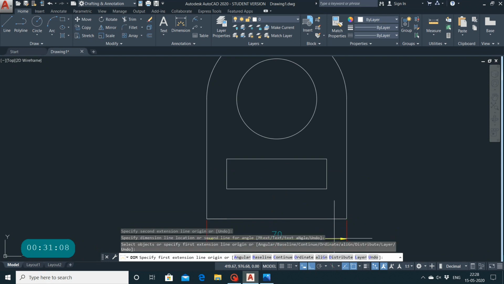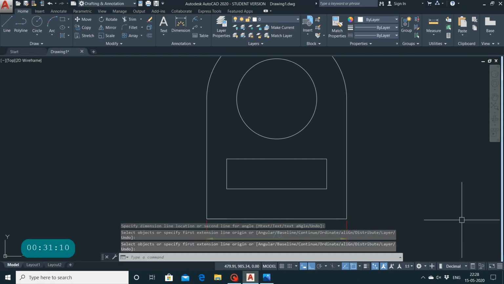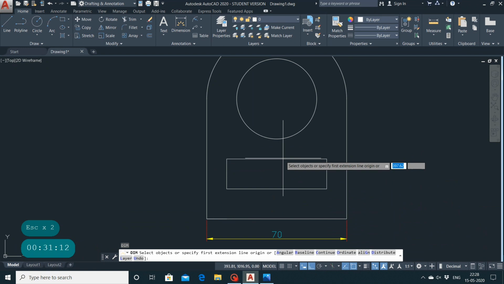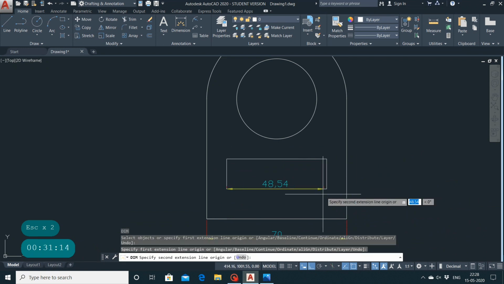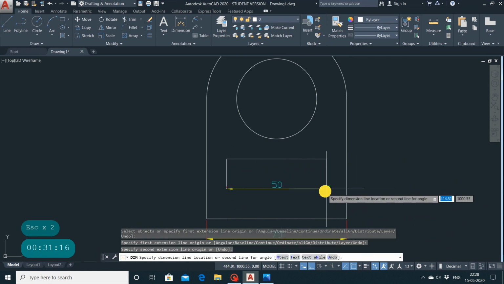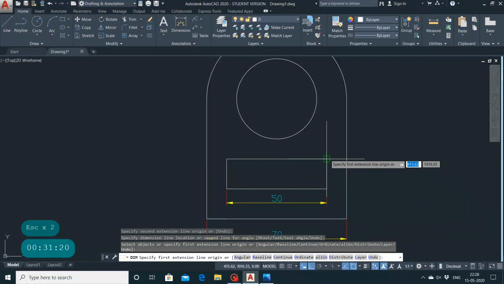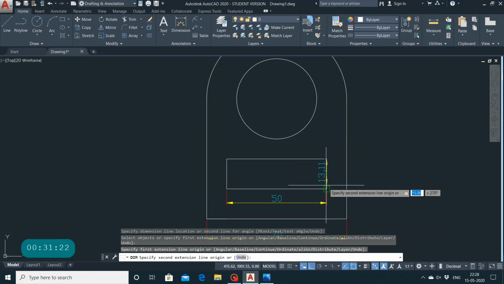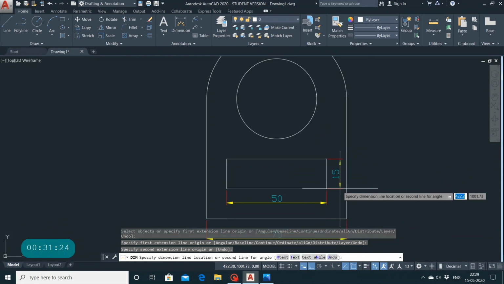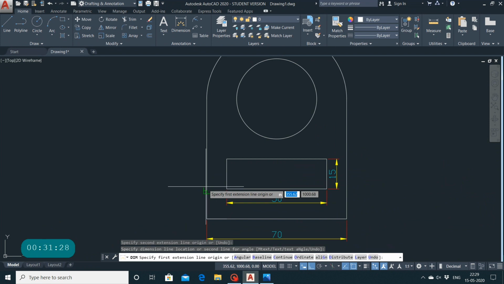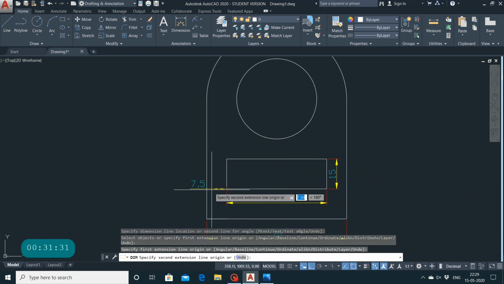Now escape, repeat the command, from this point to this point, somewhere here, now from this point to this point, somewhere here, now this point to this point,